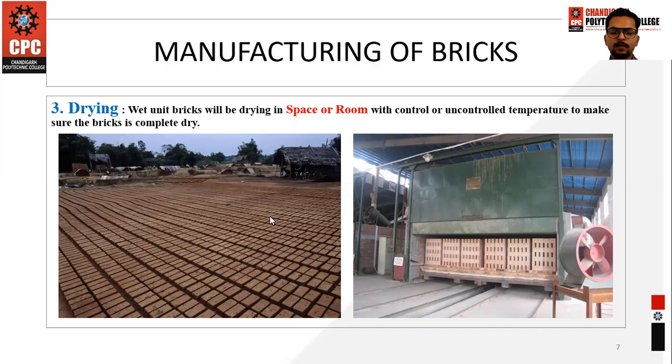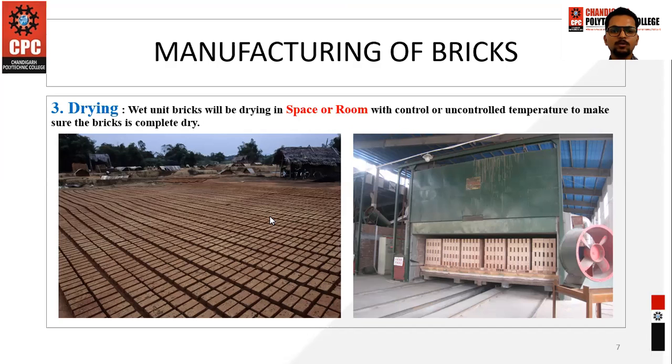So there is a certain disadvantage and advantage in both cases. So first disadvantage of natural we have is its uncontrollability. So nature is not in our control, as we all know. So whenever there is a rainy season, it is difficult to dry those bricks. तो आपकी वो bricks रहेंगे, it will not be dried, or if the weather is not sunny, so the bricks will not dry. So it will take more time to dry, and it is uncontrolled.